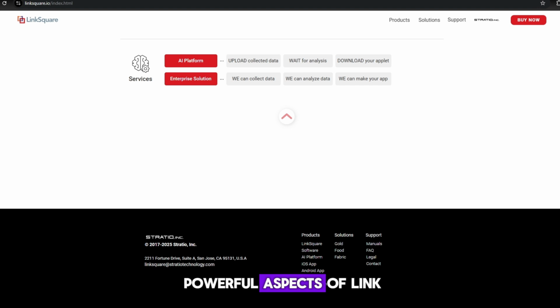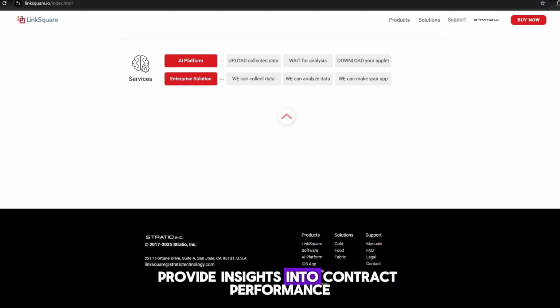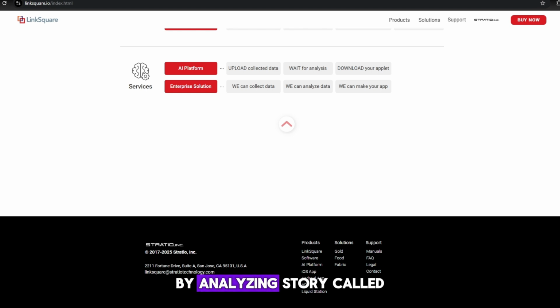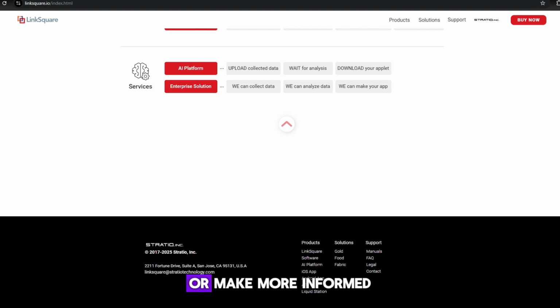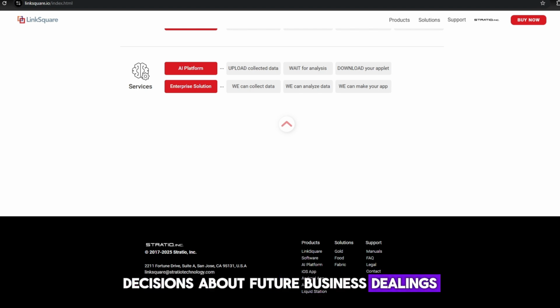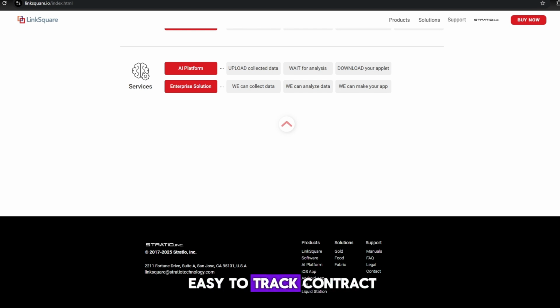One of the most powerful aspects of LinkSquares is its ability to provide insights into contract performance. By analyzing historical contract data, LinkSquares can help businesses understand which types of contracts are most beneficial and which ones may be hindering growth or profitability. For example, you can gain insight into which contracts are frequently renewed, which vendors are providing the most value, and which agreements are underperforming. This information can be used to renegotiate contracts, improve supplier relationships, or make more informed decisions about future business dealings. LinkSquares makes it easy to track contract performance over time, allowing you to measure success and